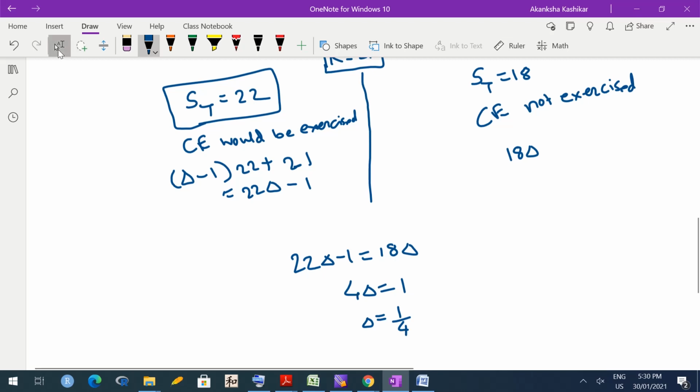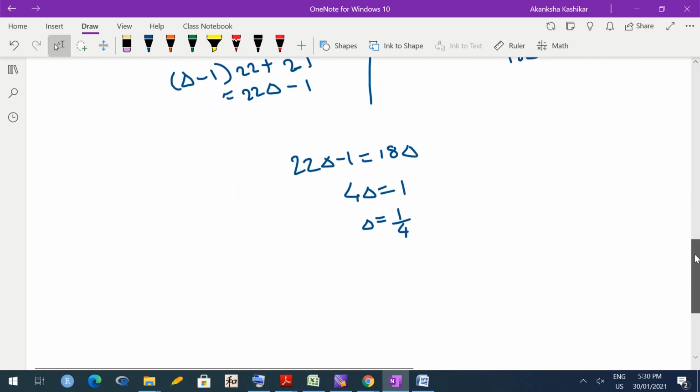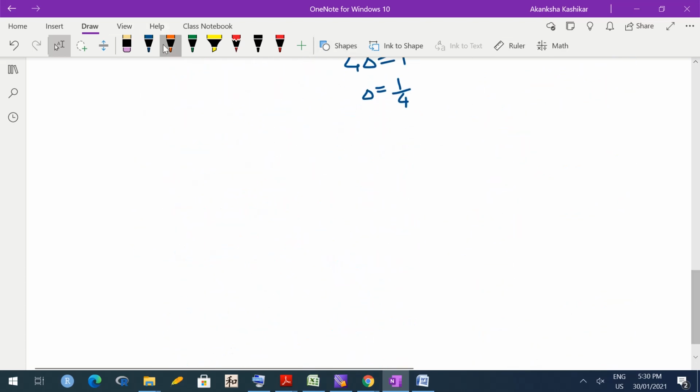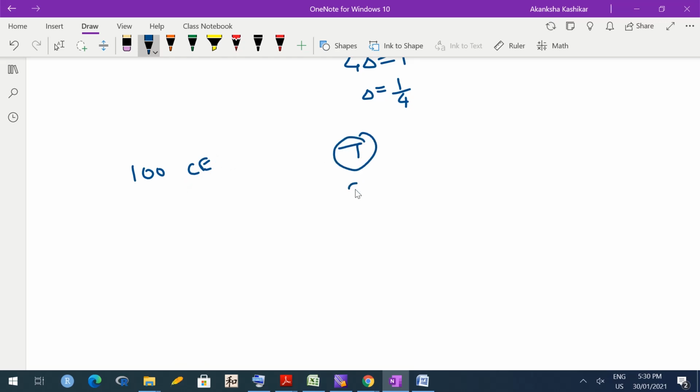It seems slightly ridiculous, but let me try to explain it again. See, we are taking a short position in call options. So let us suppose that we are taking a short position in 100 call options. Now taking a short position in 100 call options means at time T we may have to sell 100 shares. We may have to. If the market prices are below our strike price, then we won't have to sell. However, if market price is above the strike price, then we will have to sell 100 shares.